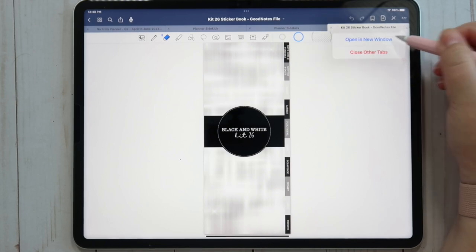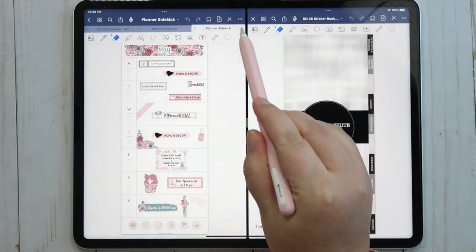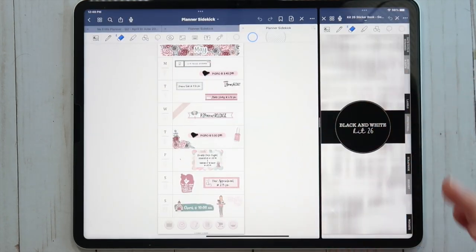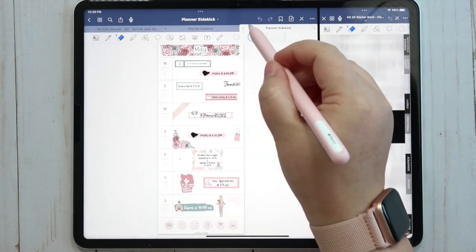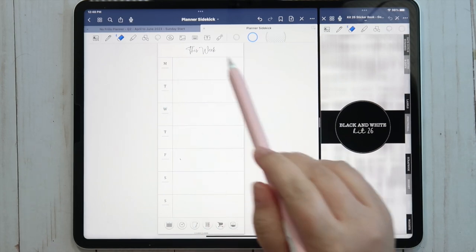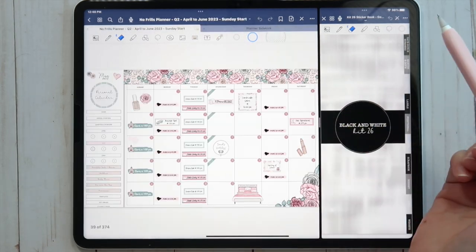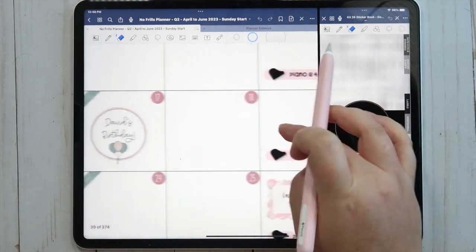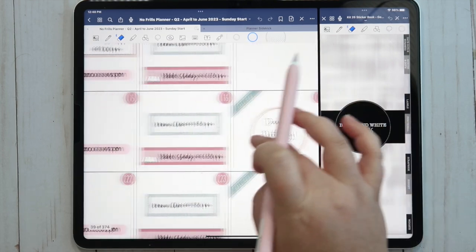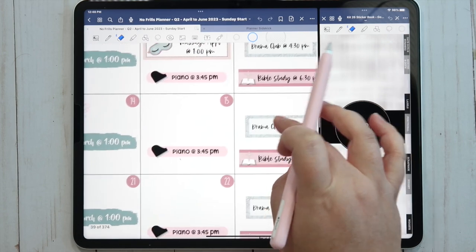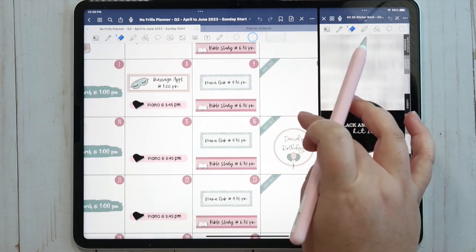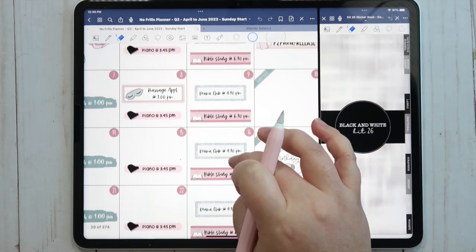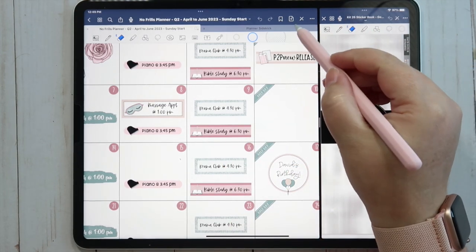So I'm gonna put this one into split screen mode, and to do that I just tapped on this little icon over here and tapped open in new window, and that allows me to have my sticker book off to the side over here, and then I have, let me tap out of that, I have my little blank canvas right here, and then I have my monthly spread right here, so I can kind of see what is going on for this week. So nothing really out of the ordinary going on at all. It's just all very normal stuff. My brother's birthday is on the 17th, so that is very exciting. Yeah, so let's go ahead and get started.